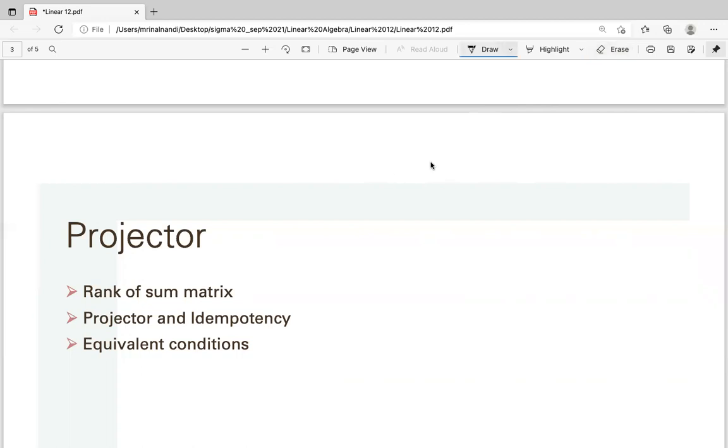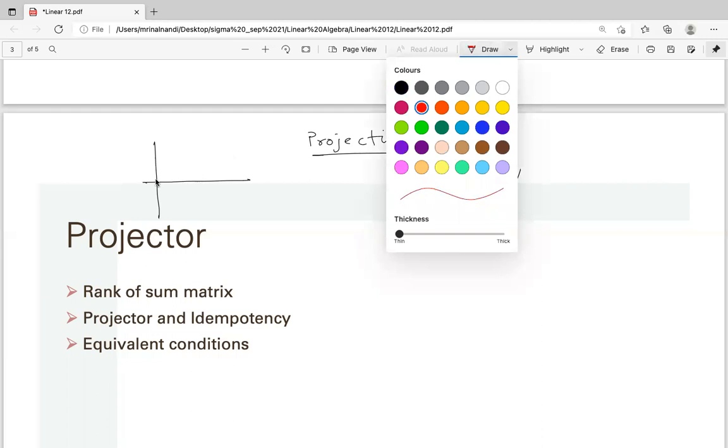Now, what is a projector? What is projection? In the previous lecture, we saw what projection is. Projection is basically a linear transformation from a vector space to the same vector space. Something like that. If I say in R2, so this is a vector,